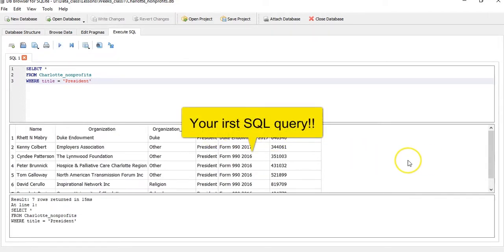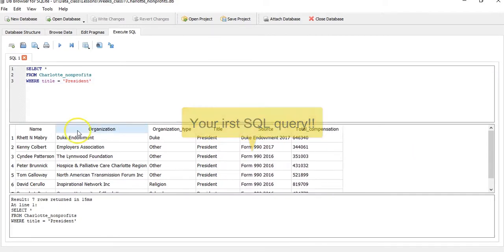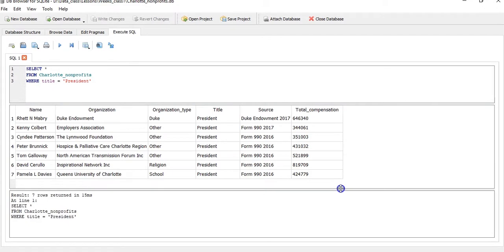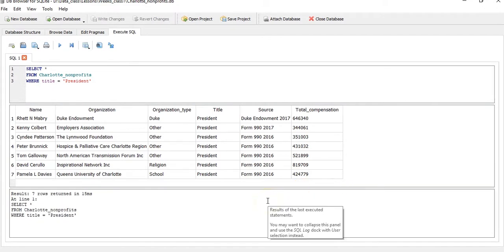There you go. Let me spread these out. And it says 7 rows that it returned. So these are the 7 people. And you can widen the field as well. There we go. So these are the 7 people with their organization, the type of organization, title, source, and total